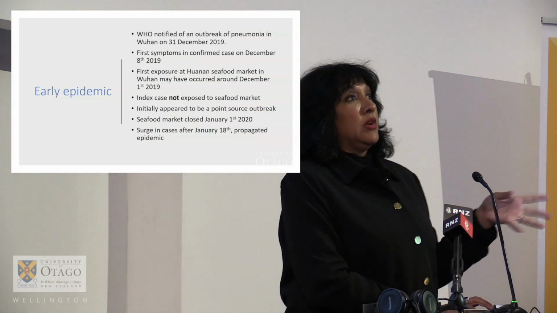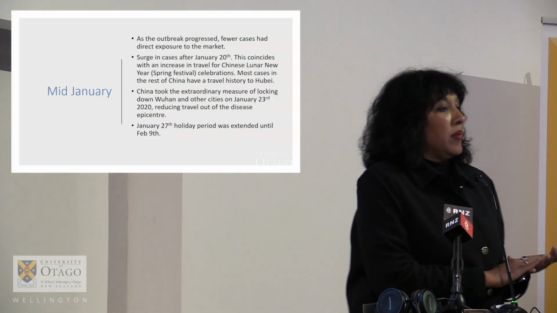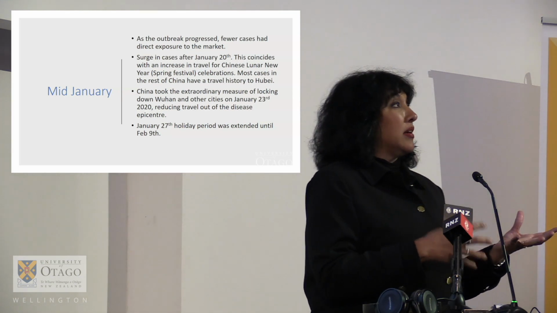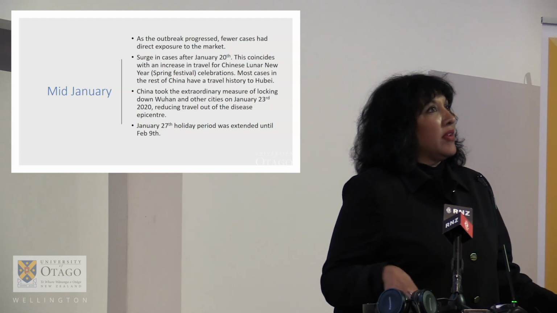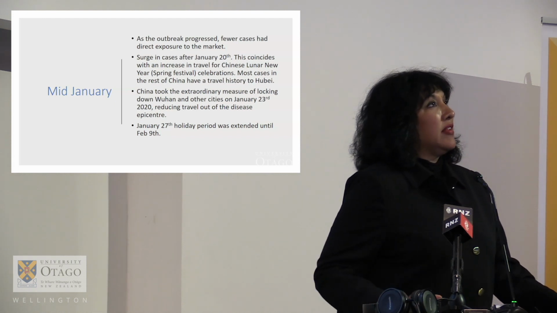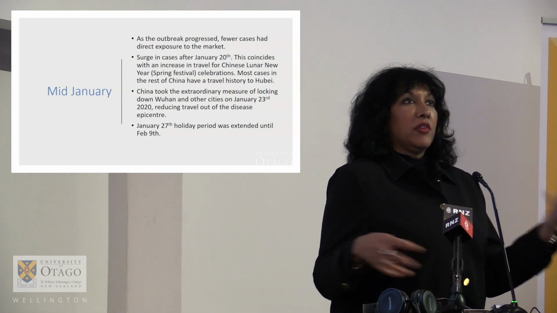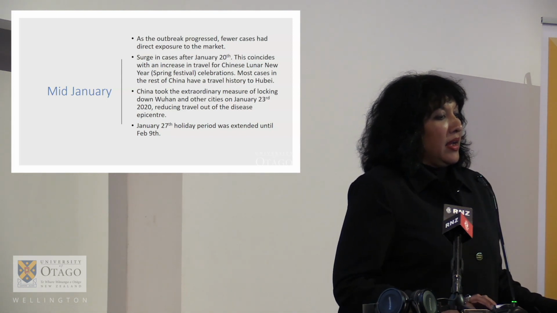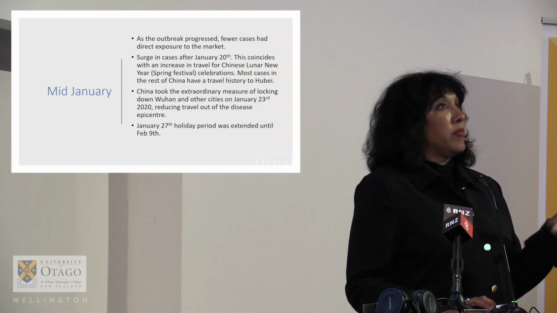And then, from then on, it's really looked like a propagated epidemic, person-to-person transmission. And as the outbreak progressed, fewer cases had direct exposure to the seafood market, which had been closed anyway. Now, the surge in cases around the 18th to 20th of January coincided with the increased travel for the Chinese Lunar New Year, or Spring Festival. A lot of people travelled to go back to their parents' home or their family home at that time. And in fact, most of the cases still in the rest of China had a travel history from the Hubei